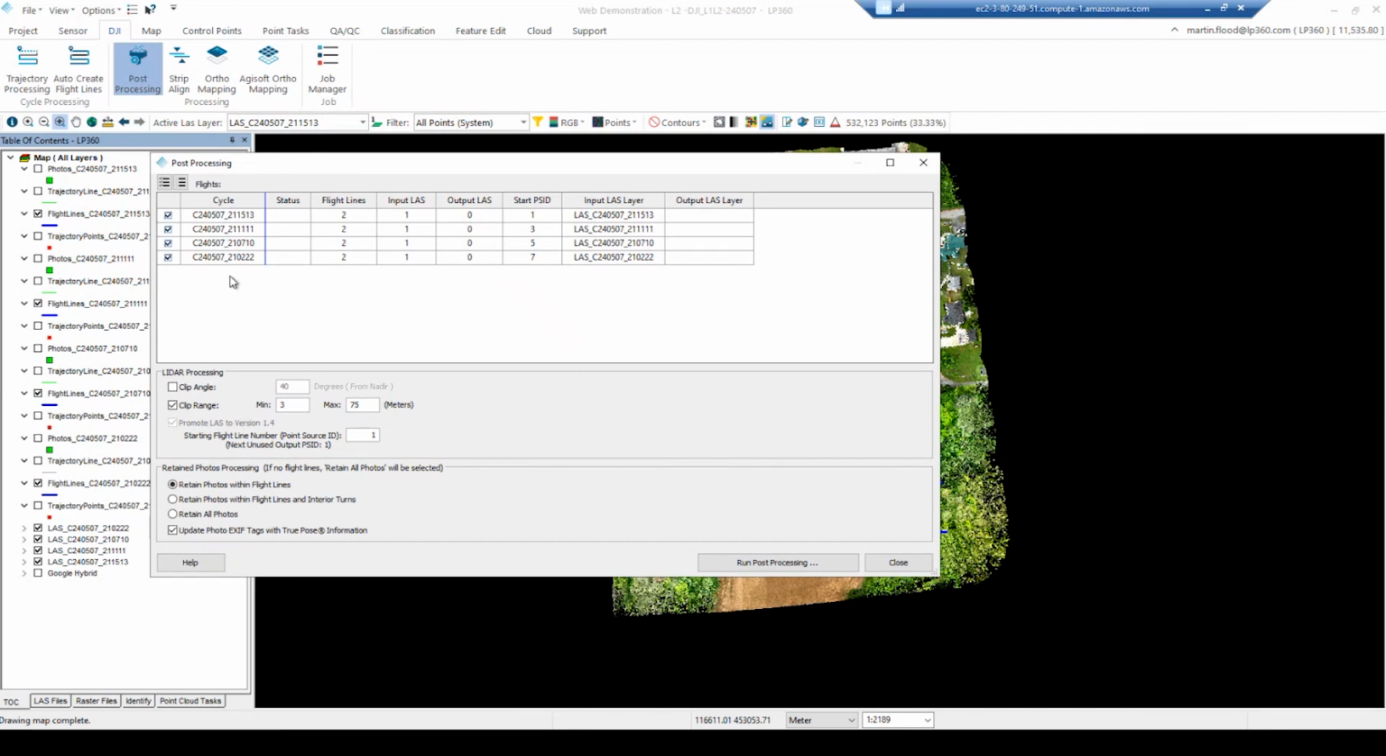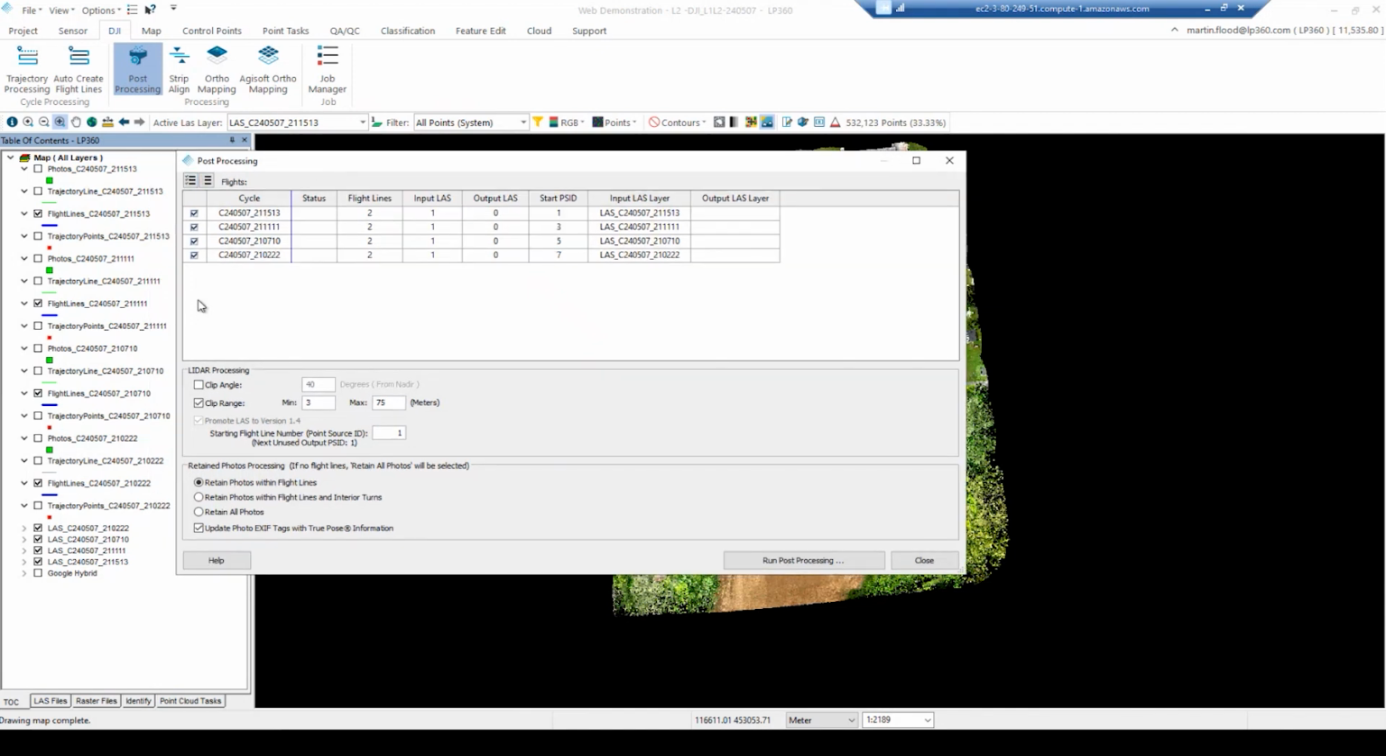So here is all of the flights in my project. I don't have to post-process them all, of course, but I'm going to. It tells me the number of flight lines, how many raw LAS files are input into that. It's also going to number these flight lines. In the middle section here, I can set some processing parameters, particularly if I want to limit the LiDAR data,